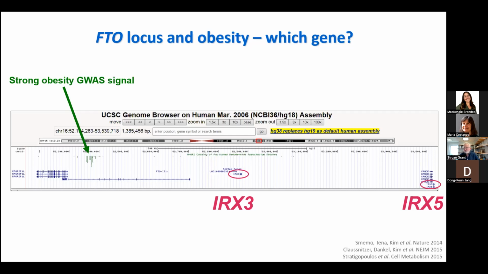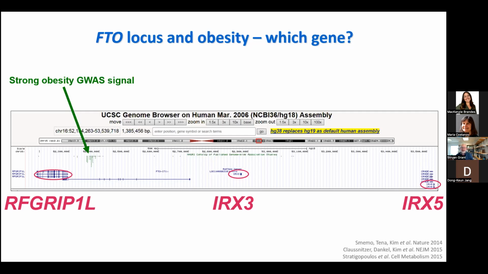The Columbia study, which looked in the brain context, pointed to the gene on the left. And in fact, I think there's more and more evidence that this is quite temporal. Depending on the state of the cell, you can see different control of different genes in the neighborhood. So the pessimist would say, gee, this is more complicated than I thought. The optimist would say, well, in fact, for the price of one signal, I'm getting multiple genes.